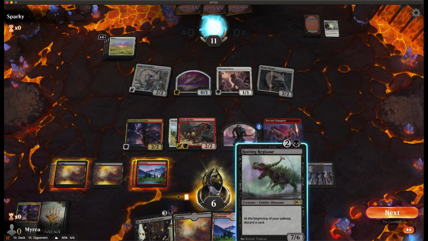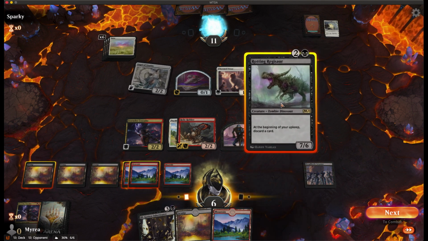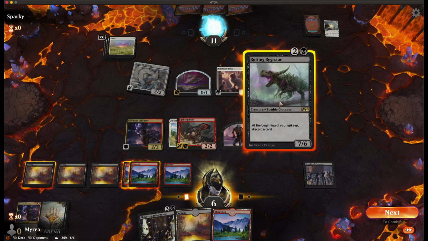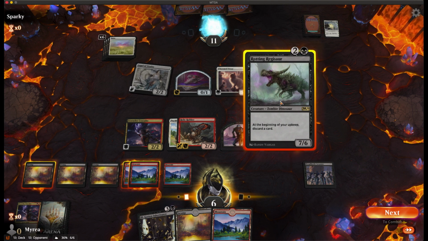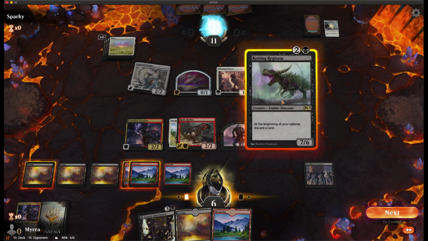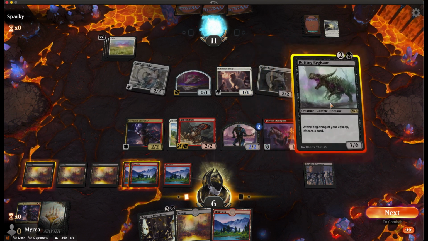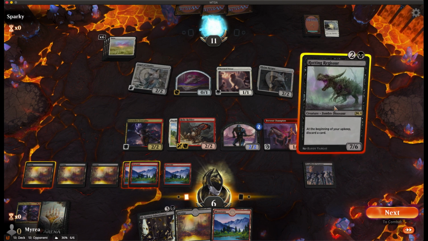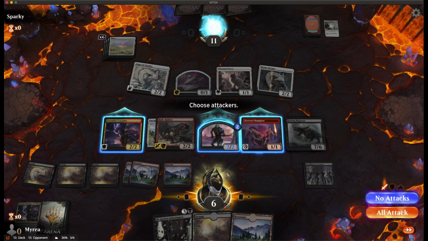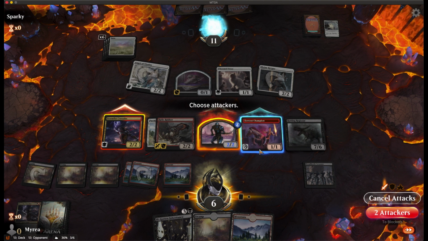Okay, so we're gonna cast Rotting Regisaur, which is a 7/6 creature, but the downside is that in our upkeep we have to discard a card. So that's the thing about upkeep abilities. It could work against you in this case, or it could work for you, as in the case of the Relic Robber's token. Okay, we're gonna attack with...